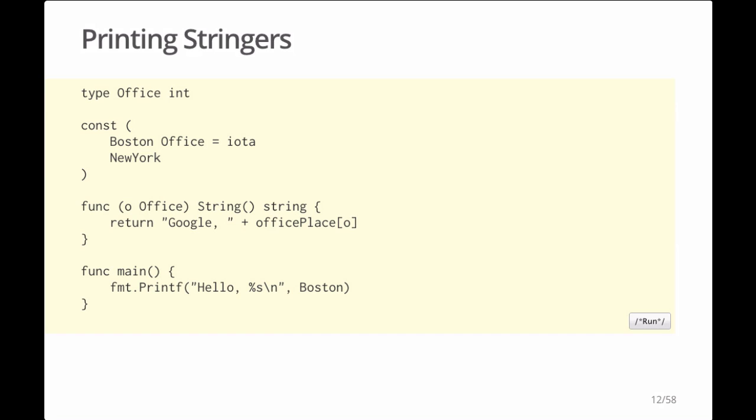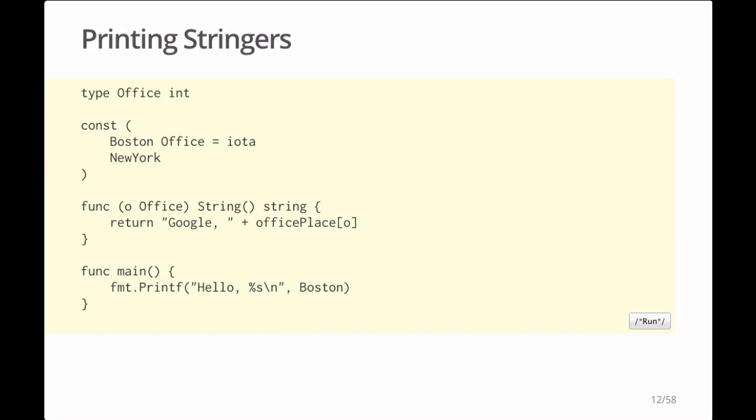Here I've defined a new type named Office, whose representation is an int. And you can think of that type statement as sort of like a typedef in C. There's no boxing of the int or anything like that. An Office is an int, except that it does create a separate type. The Office's representation is int, but Office and int are not interchangeable in your program.